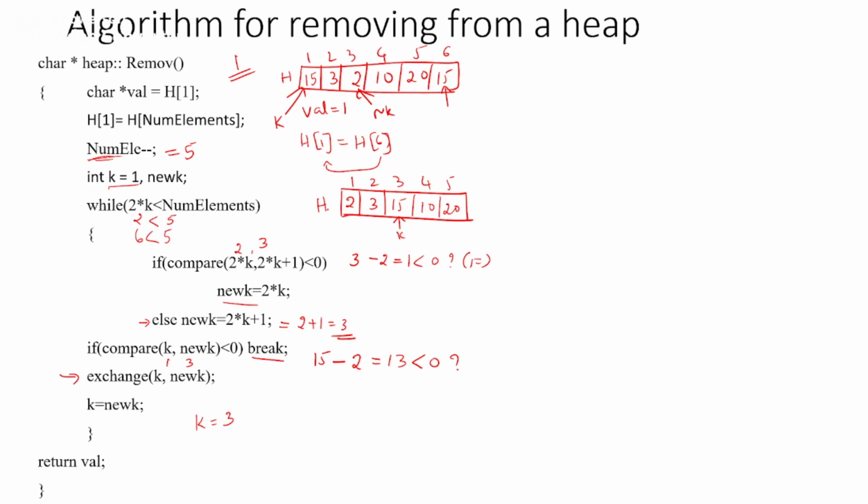Okay, so in the next iteration, what will happen? The value whichever you returned was 1. So in the next iteration, the value we are going to take is h of 1. Now h of 1 is nothing but 2, so the value whichever you are going to return is nothing but 2.